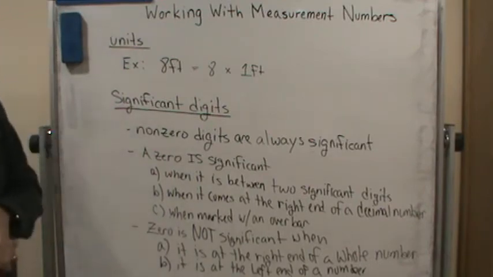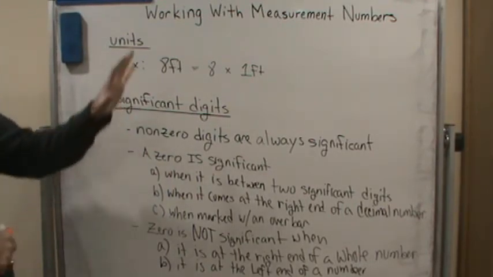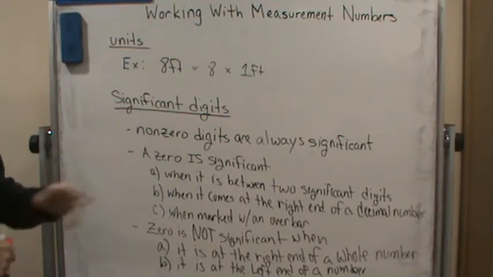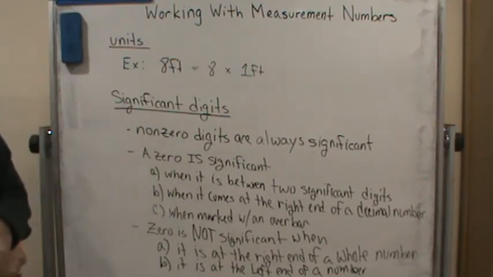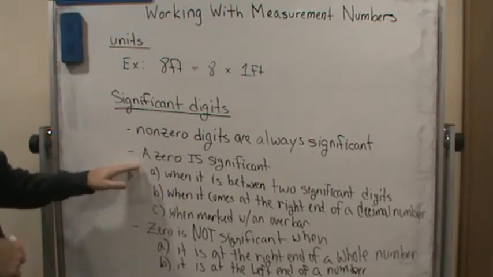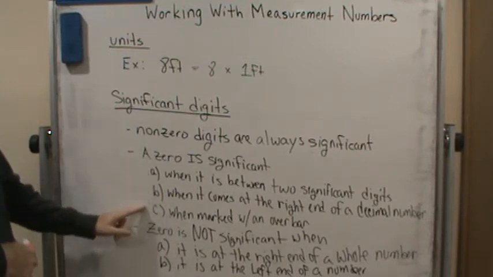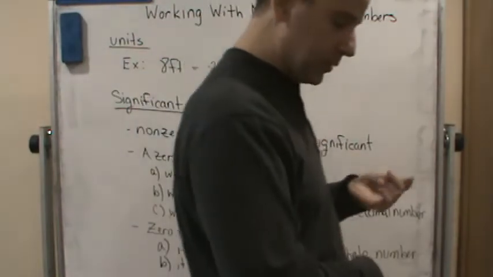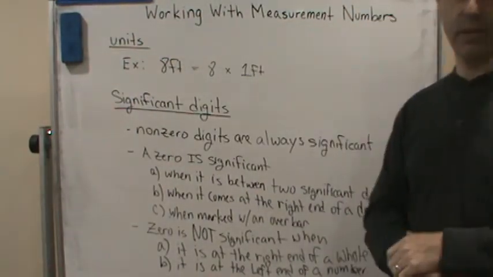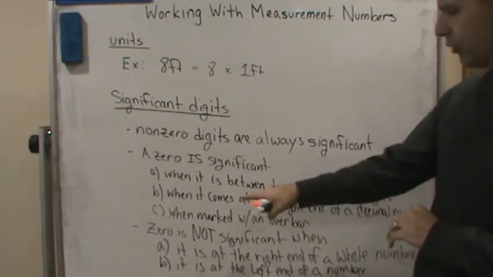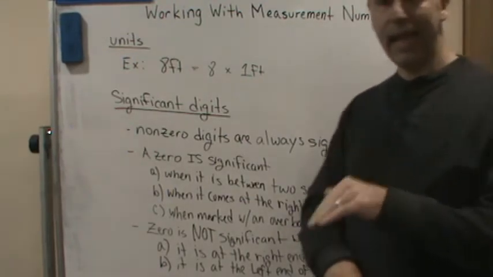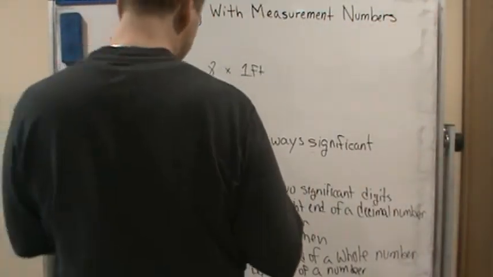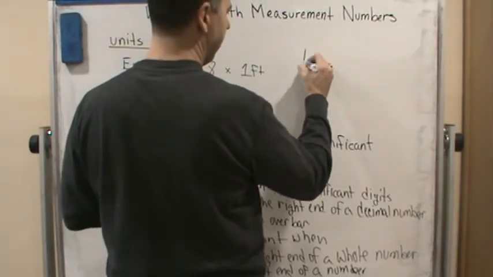So first of all, how do we determine what significant digits are? Well, here are the rules, okay? All non-zero digits in a number are significant. So those are ones you're going to want to count. A zero is significant under these circumstances. A zero is always significant if it falls between two significant digits. It will also be significant if it comes at the right end of a decimal number. What do I mean by that? Well, a decimal number is if I have